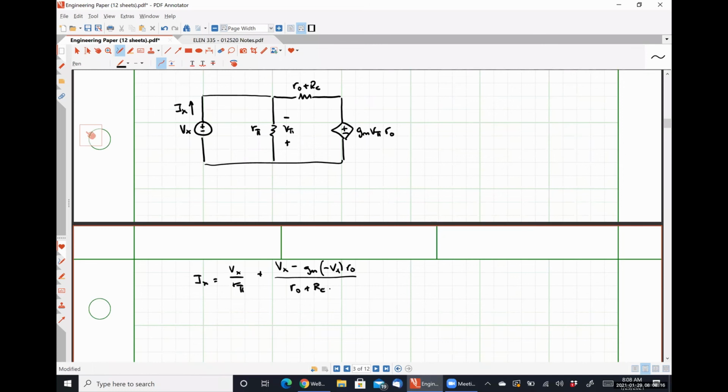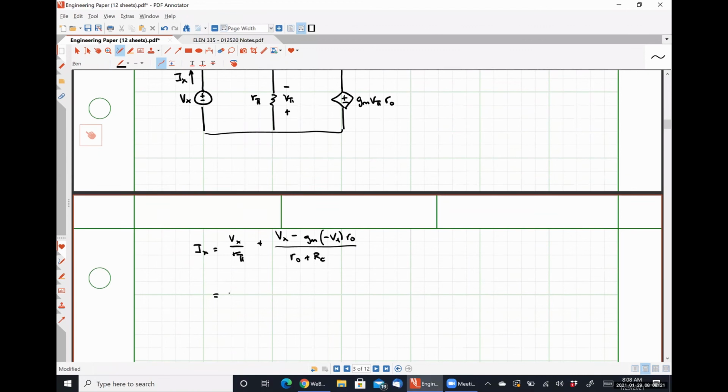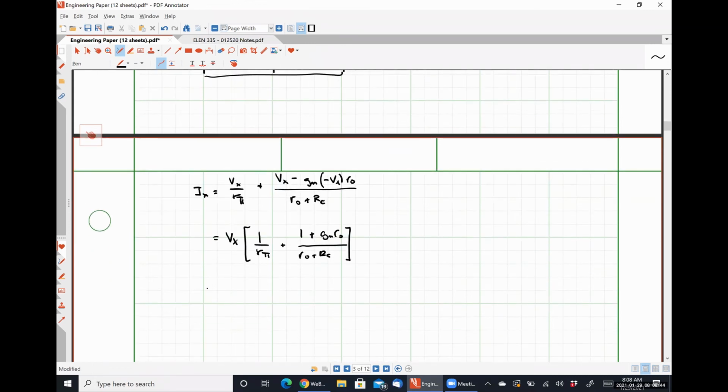R0 plus RC. So I'm going to now factor out a common term of Vx, and I should get 1 divided by R pi plus (1 plus gm R0) over (R0 plus RC). And from this, we can see then that our input resistance is Vx over Ix